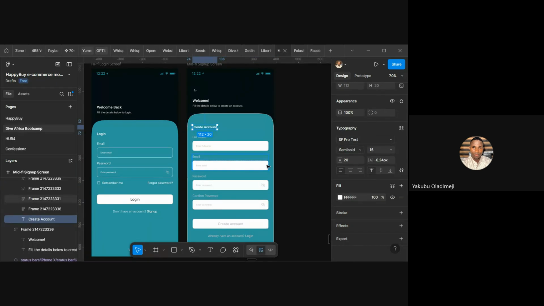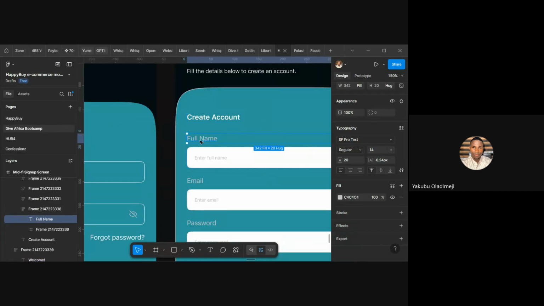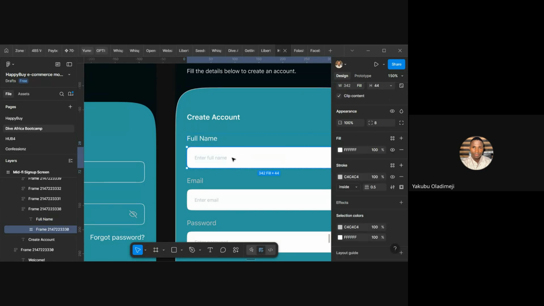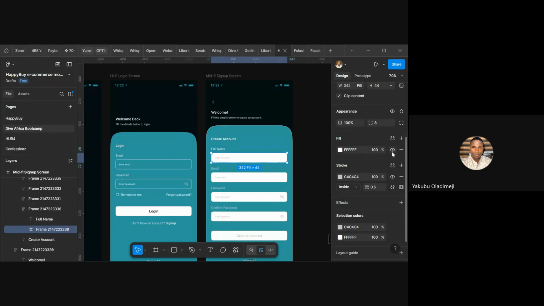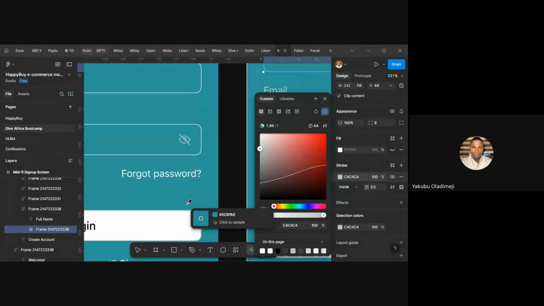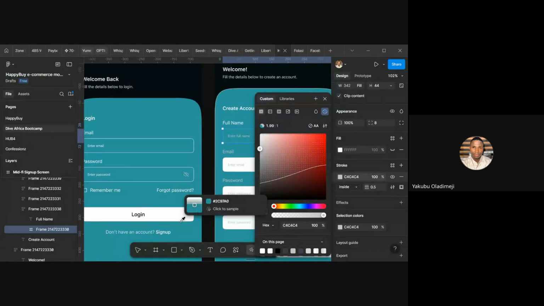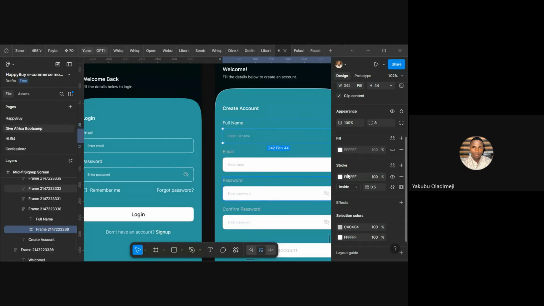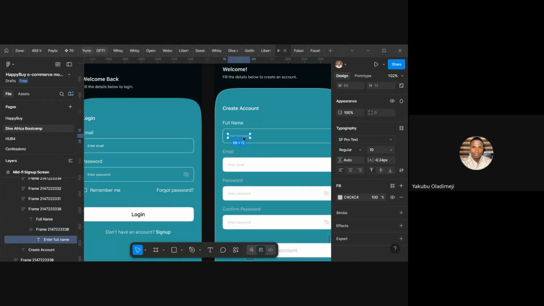Yeah, change the session notes to 1.7. Changes to